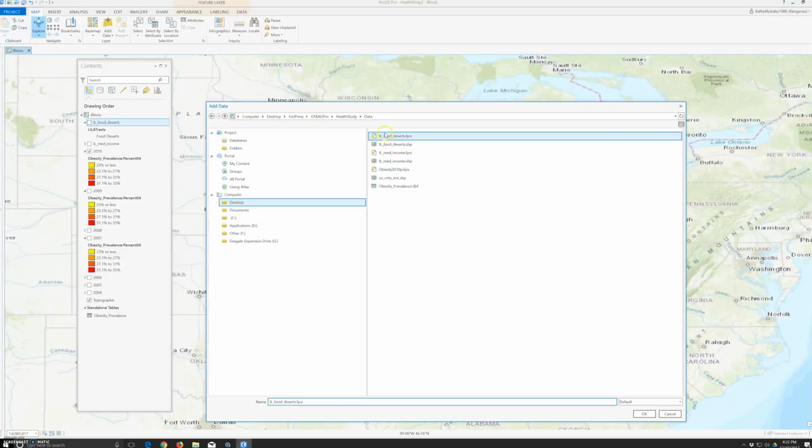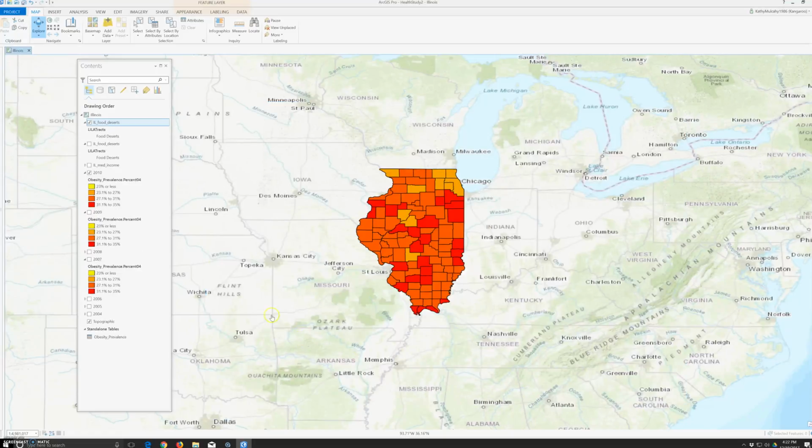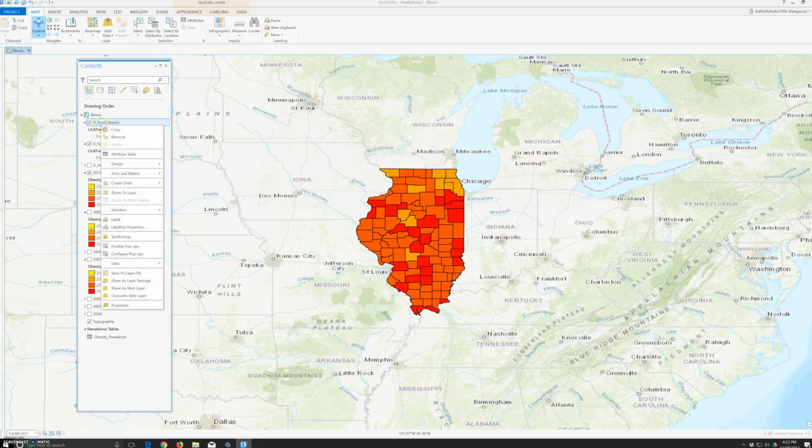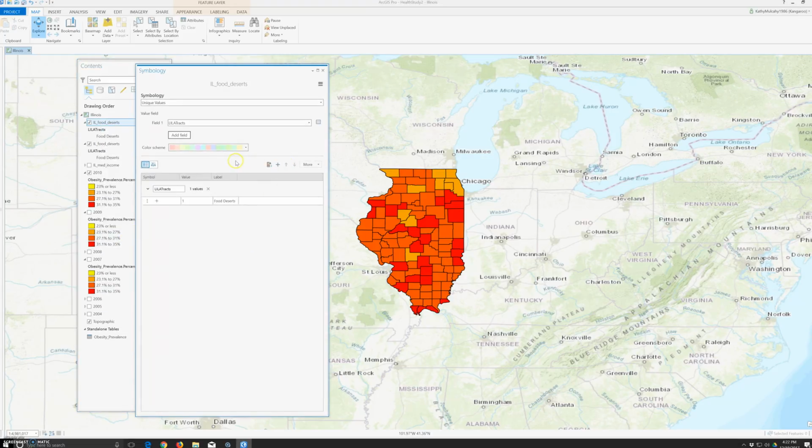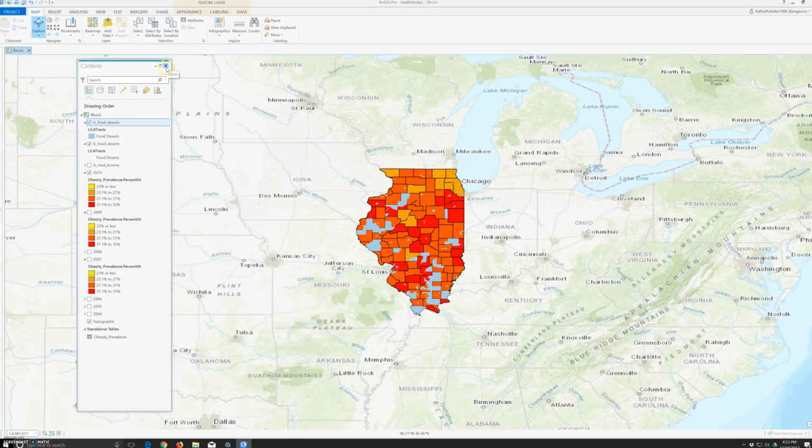Data. And I need to figure this out. This layer is not added here. Let's see. Let's go to symbology. Alright. Okay, color scheme. Let's just do one field. Okay. That's our track data, unique fields, and color scheme. There. Alright. So that's why. Okay. And we can go back